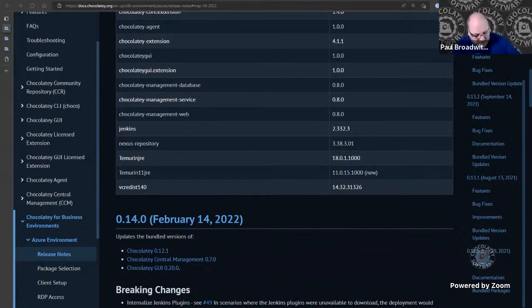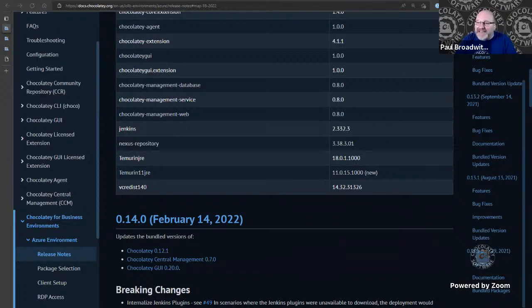But I wanted to touch on a point that James made. I've actually forgotten what it was now, but it was around about, yes, that's what it was. James had mentioned that customers are using this not just to deploy Chocolatey for Business to maybe try it out or use it as a proof of concept, but they're actually deploying this now and using it long-term in environments, which, to be fair, is different from what we had originally